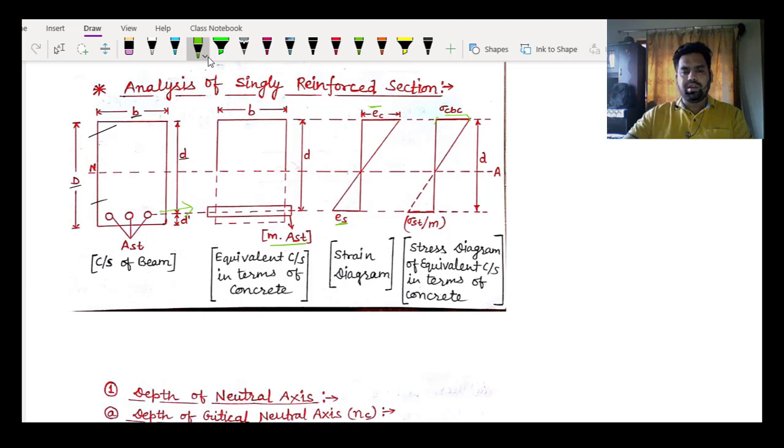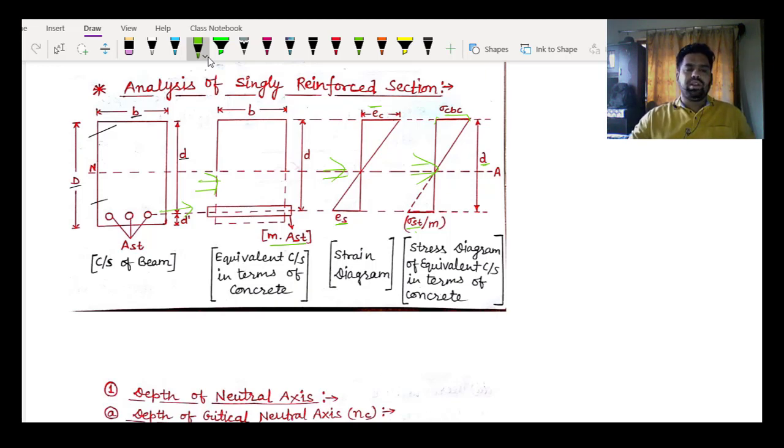As you all know, sigma cbc is the permissible stress in concrete in bending compression. Why have we taken bending compression? Because it is a beam. In steel the maximum permissible stress is sigma st by m, where sigma st is the permissible stress in steel in tension, and the effective depth is small d. So this is the starting point for the analysis. First you make the cross section, then convert it into a homogeneous section, then draw the strain diagram and then the stress diagram. For the analysis part you have to do only this much.